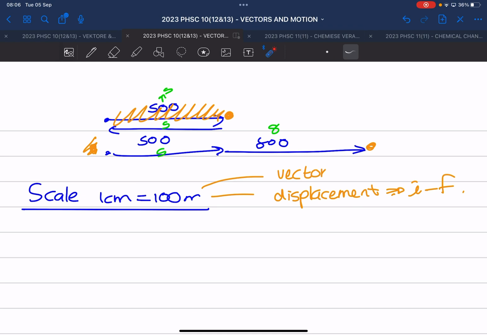Okay? So this is his start, his initial, and this is his end, his final. And you are just going to draw the direct line between his start and his finish, because you need to show the displacement. So you are not going to show this and you're not going to show that. Okay, I'm just going to go through what I just said.